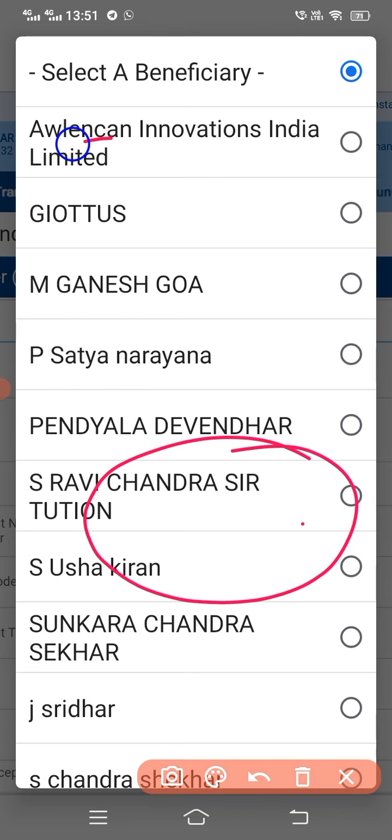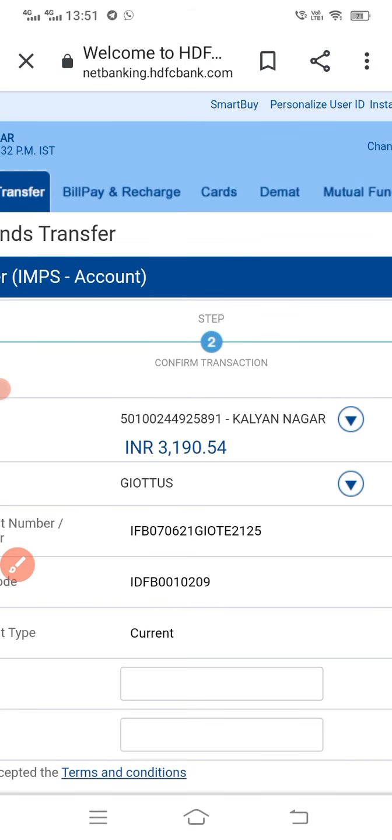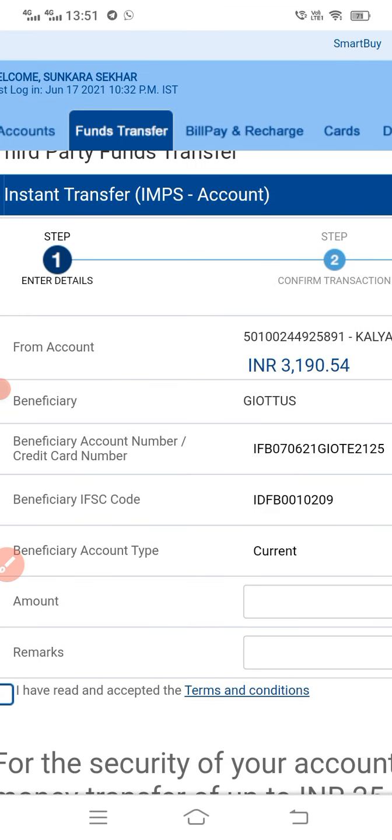Now you see here GeoTest. This is an exchanger like WazirX, but it's far better than WazirX. All details are already entered, no issues.